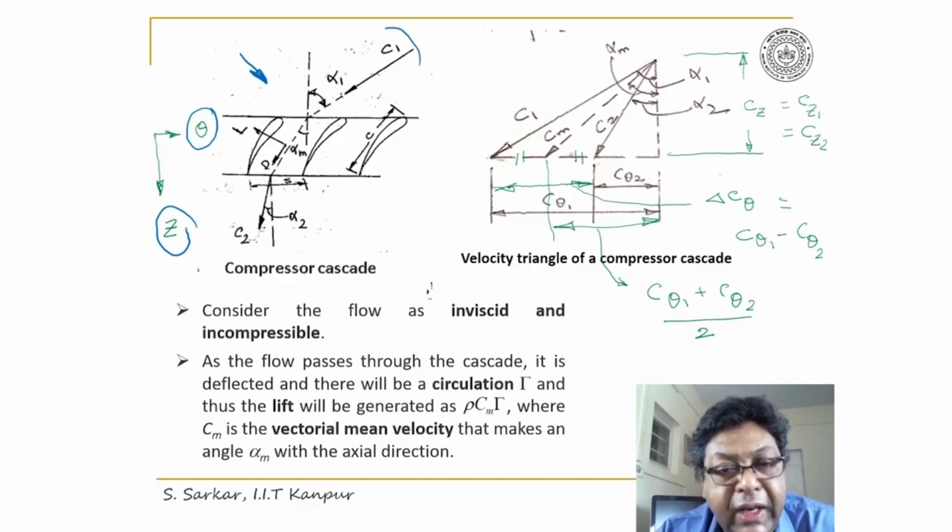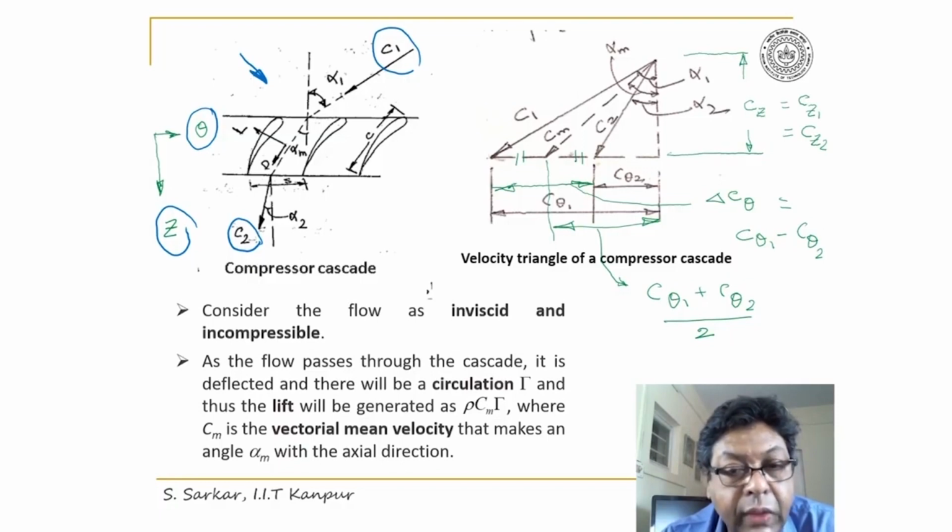C1 is the inlet velocity that makes an angle alpha 1 with the axial direction, and C2 is the exit velocity that makes an angle alpha 2 with the z-axis. C being chord and S being pitch, which have already been defined. Now here C2 will be less than C1, being a compressor,